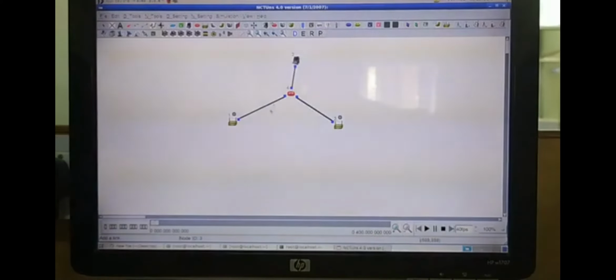In order to connect these, I use a connecting device called a router, and I'll connect all these nodes now. This access point I'll connect to the router using a point-to-point connection, and access point 2 is also connected to this router with a point-to-point connection. This router is also connected to the host, that is the receiving node.